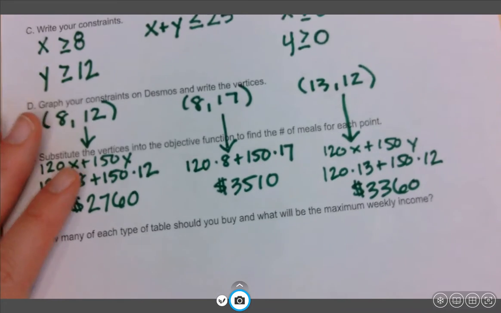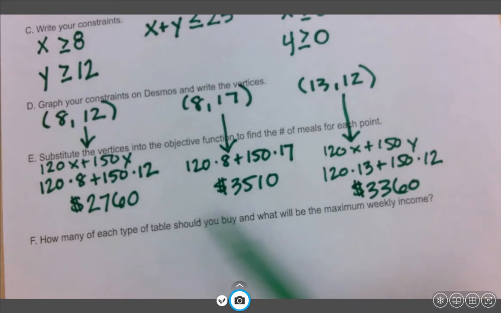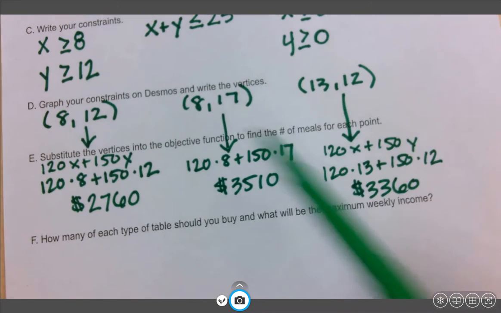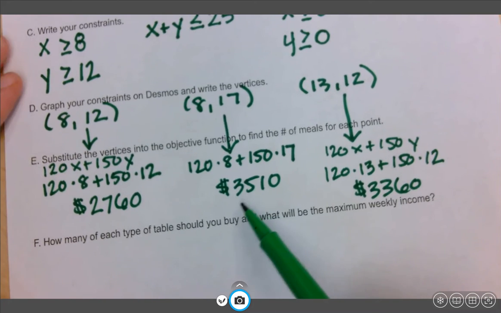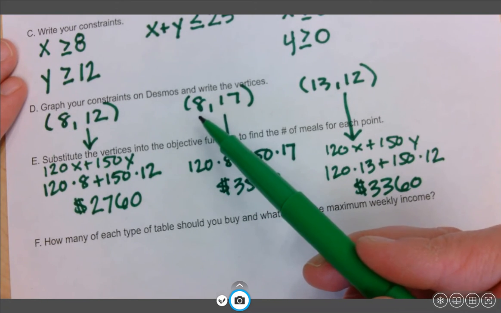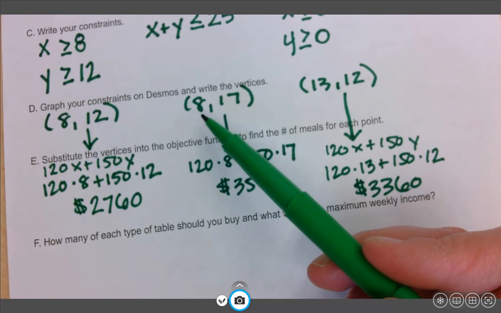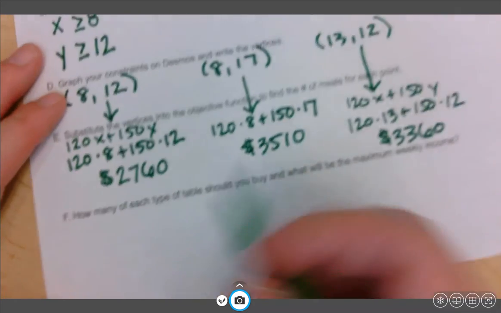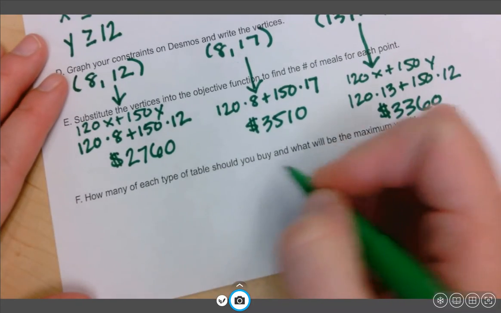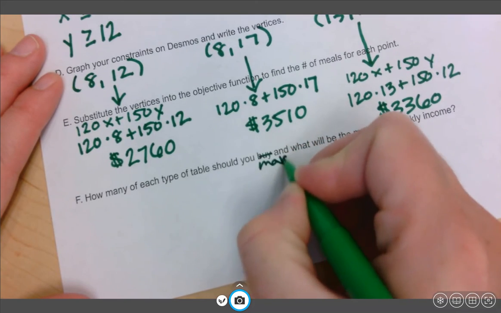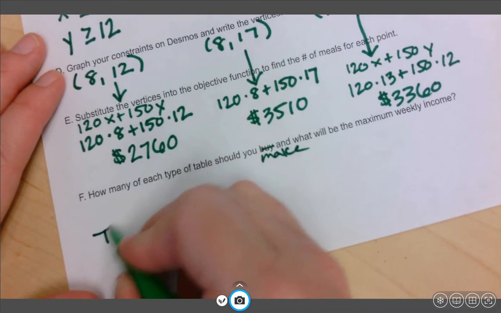All right, so which combination is giving us the most money? The third one? The second one? Let's see. Yeah, I agree. The second one has the most money. So that would be 8, what kind of tables? Yeah, 8 dinner tables and 17 coffee tables. So should you make? Okay, so they should make